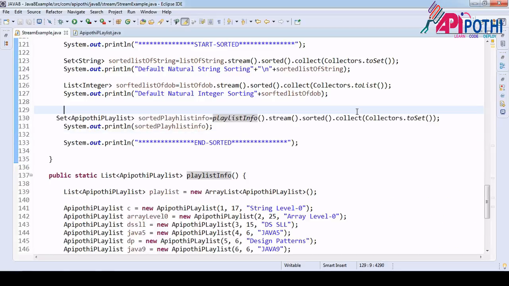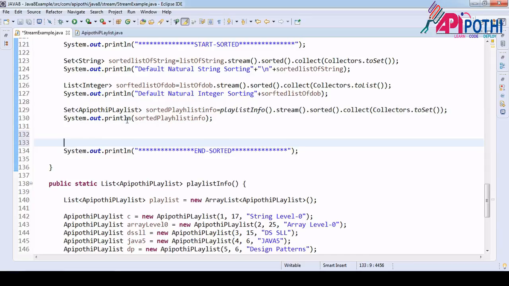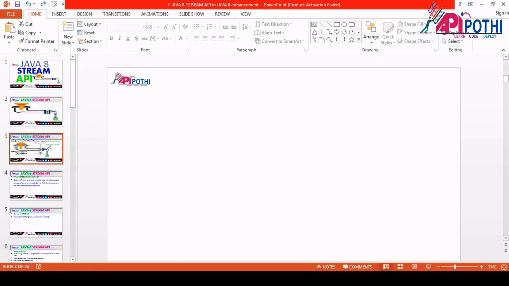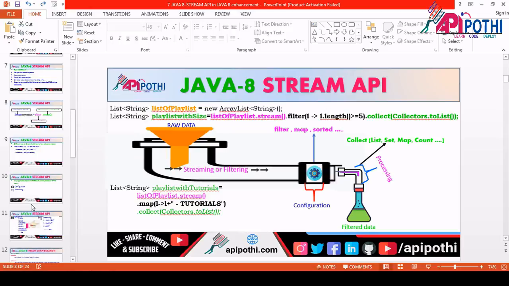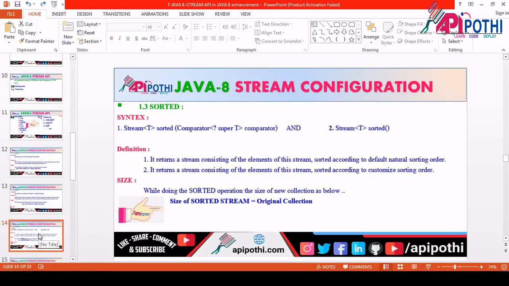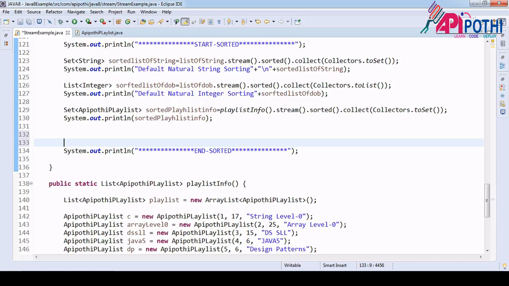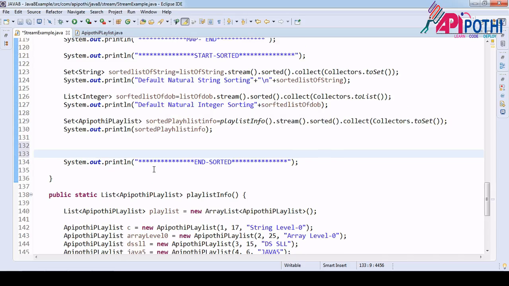Anyhow, we are not much interested in the default. Now we want to do the custom natural sorting order. Okay, so how we are going to do it is that, for that we are going to use the second argument. What was the second argument? Where we are passing the comparator. Okay, let me see here. See, we are passing the comparator here. Same thing, everything is same. We are just going to pass the comparator and we will ask them to sort it.